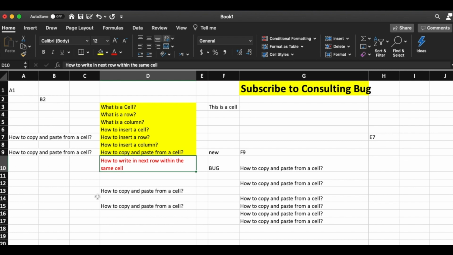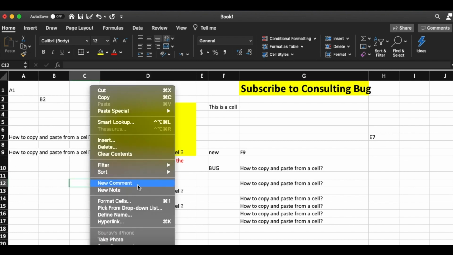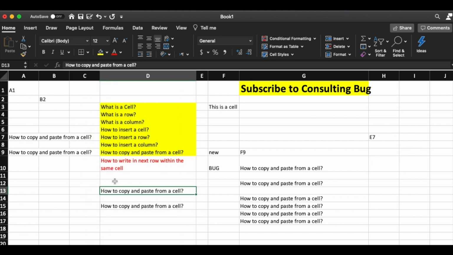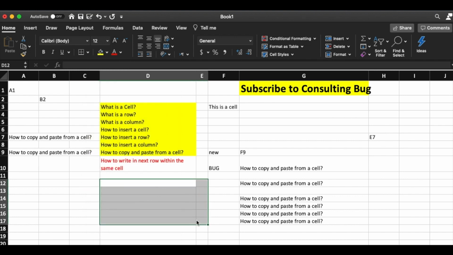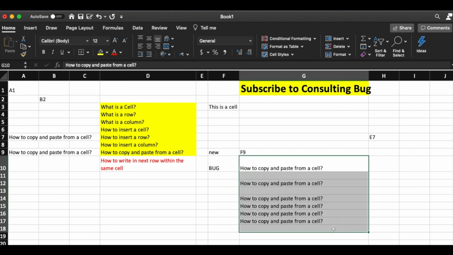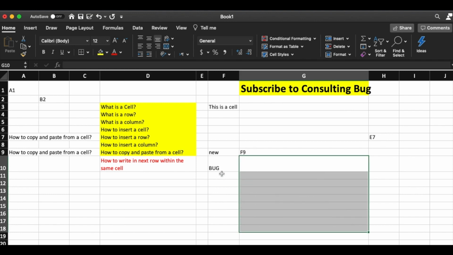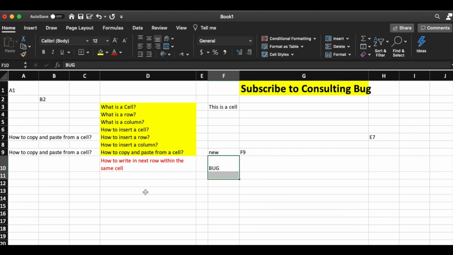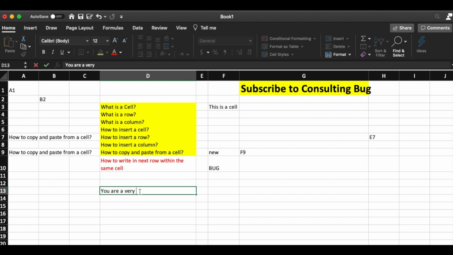So let me first delete all this so that I can make some space to show you how to write. Say I'm writing something, you are a very good student, and say I want to write something else, but if I press the Return key or the Enter key, it automatically goes to the next row.